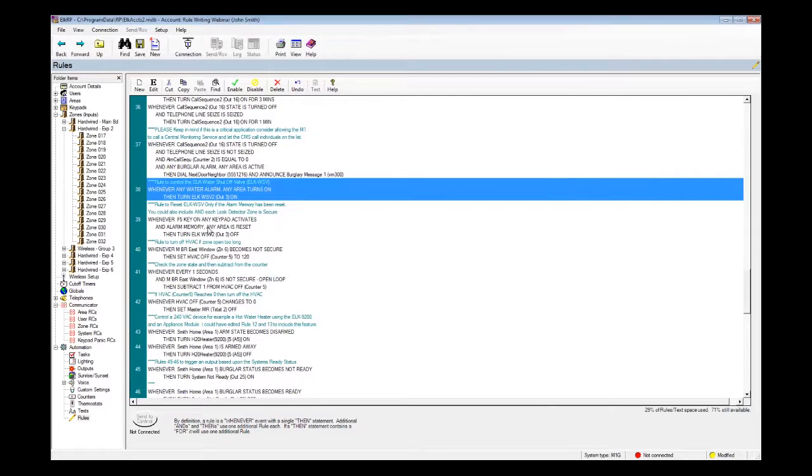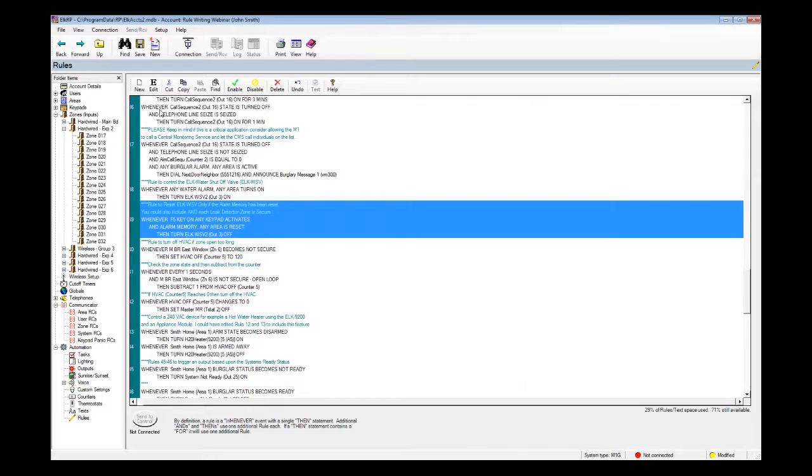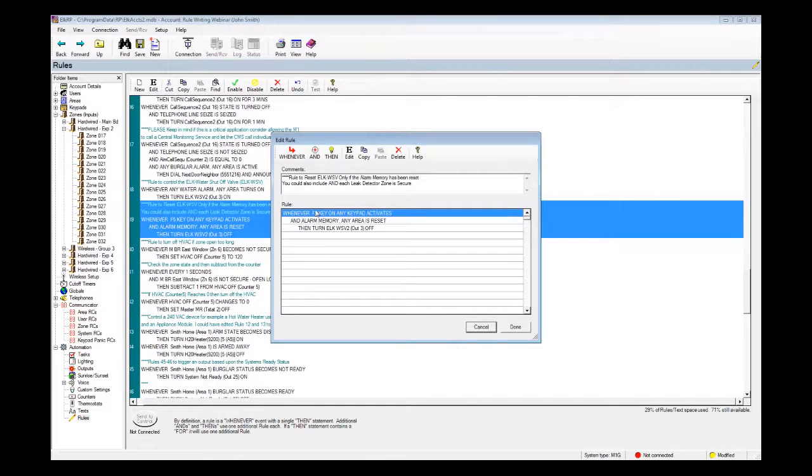Now later on, when we get home and we've taken care of the issue which caused the leak, we want to turn the water back on. So whenever the F5 key on any keypad activates and alarm memory has been reset, then turn the output off, which will send voltage to the other leg of the water shutoff valve and